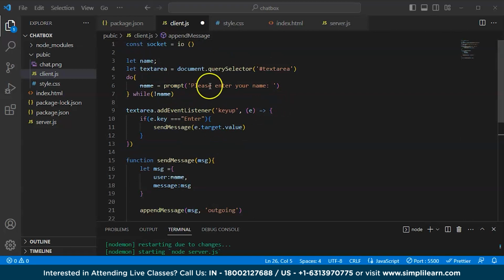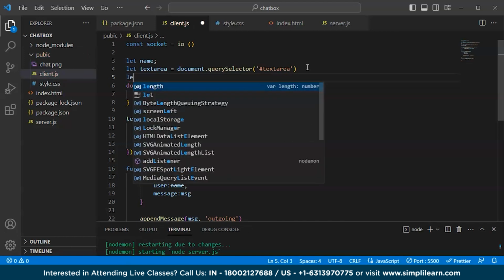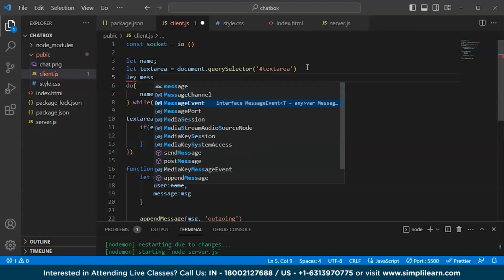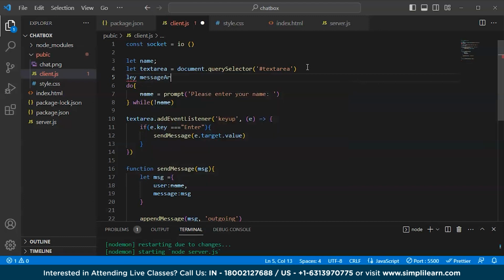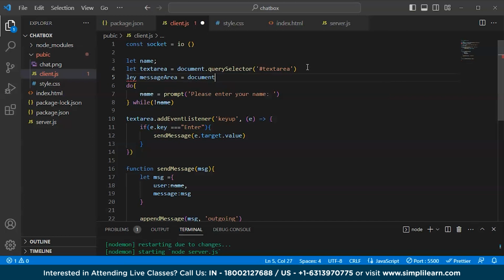So for that we'll go to this here, and here I'm gonna add another let message area, document dot query selector, and inside that query selector we'll write the message area component. Okay,